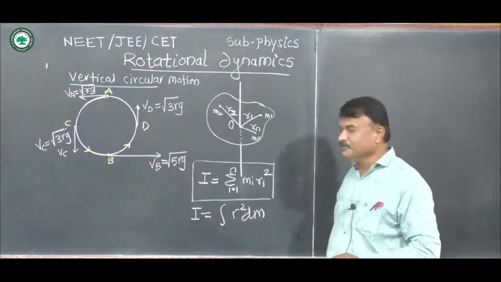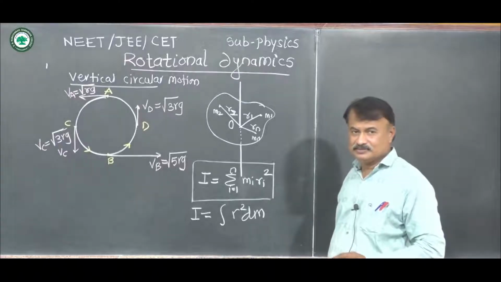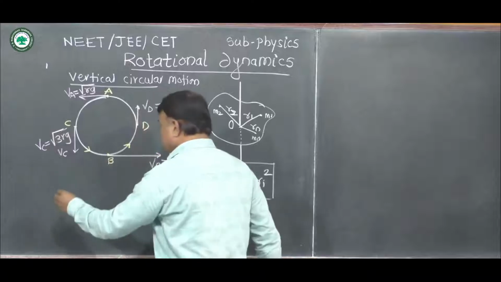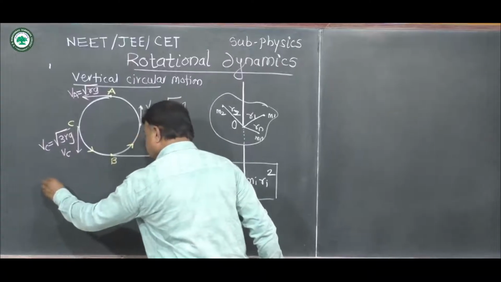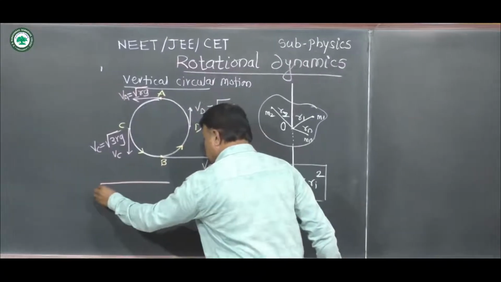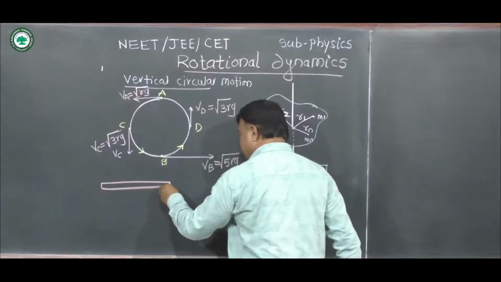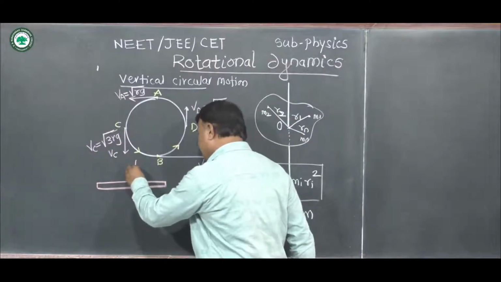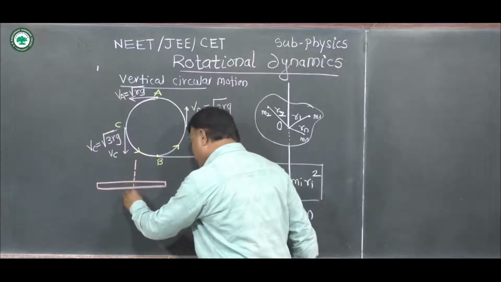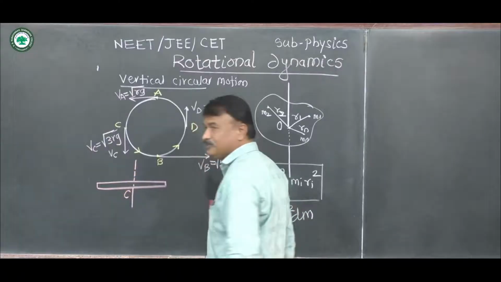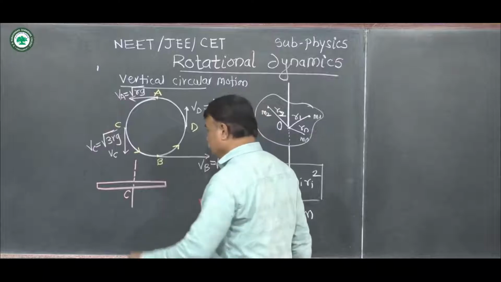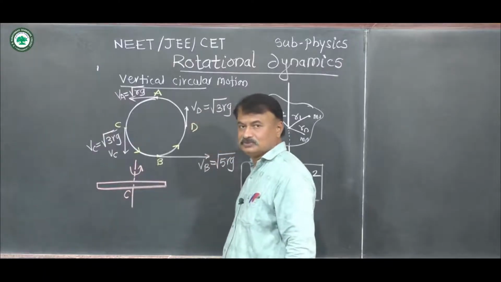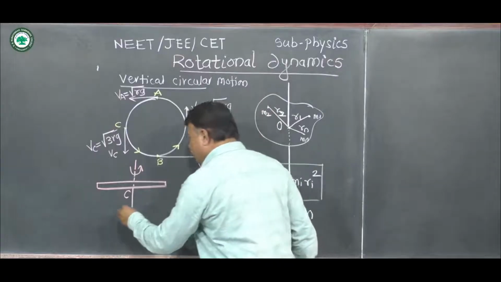Now we consider different bodies. If we consider a thin uniform rod of length capital L and mass capital M rotating about an axis passing through its center C in this direction, then its moment of inertia